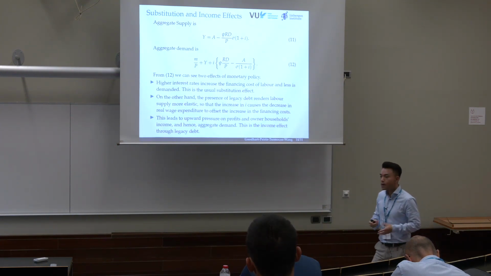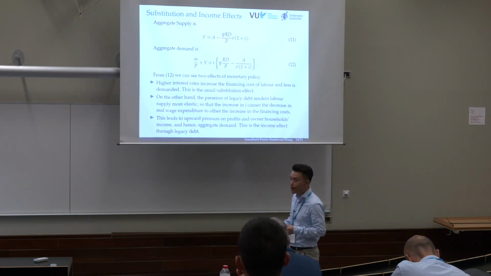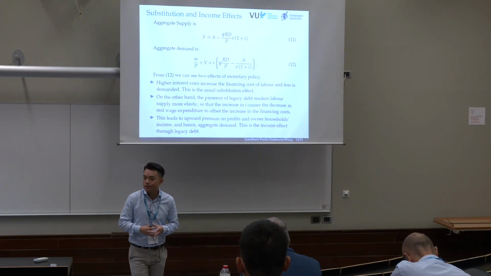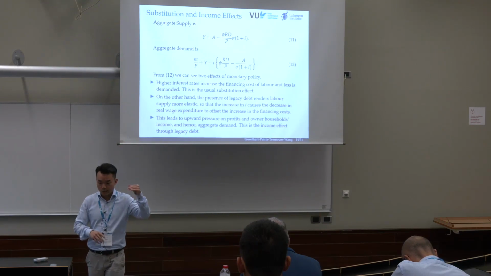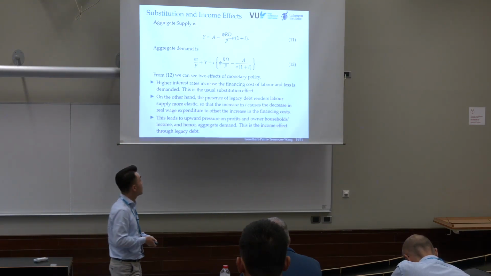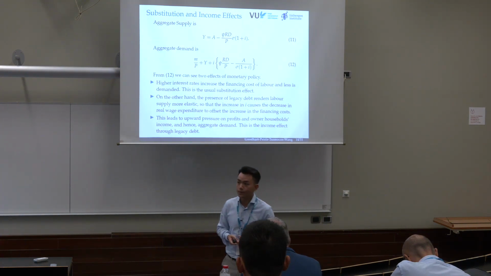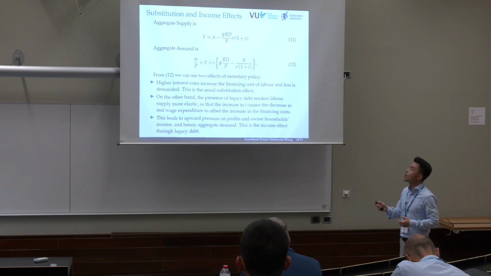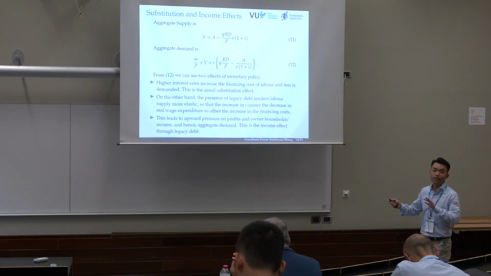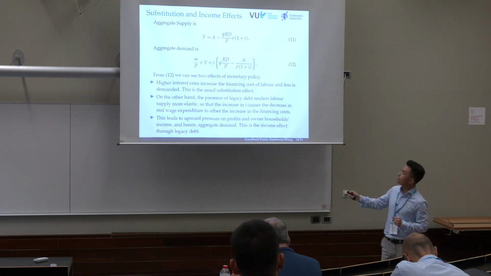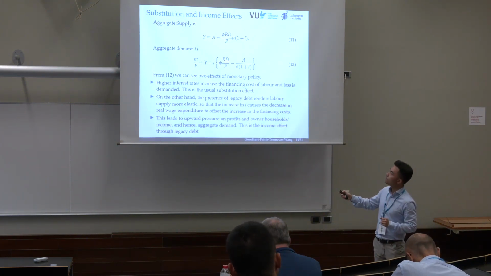So with the lemma, we can derive the aggregate supply curve and the aggregate demand curve of the economy. And that is to say, we first do not let the goods market clear yet. We let the labor market clear and the money market clear, and then we derive the relationship between price level and output. In terms of aggregate supply, we can see the debt condition affects the curvature of the aggregate supply curve. And also, the debt position enters the aggregate demand as well.